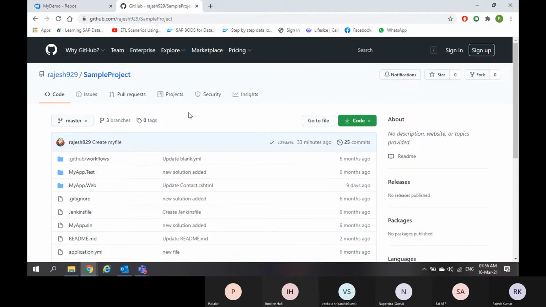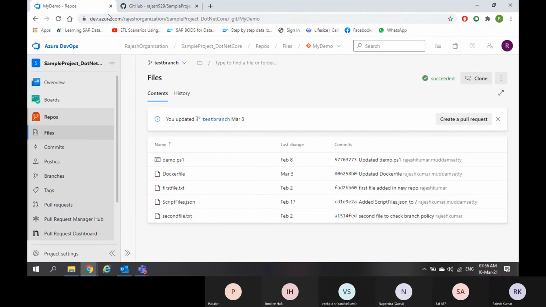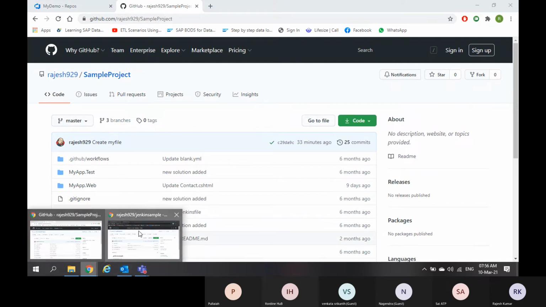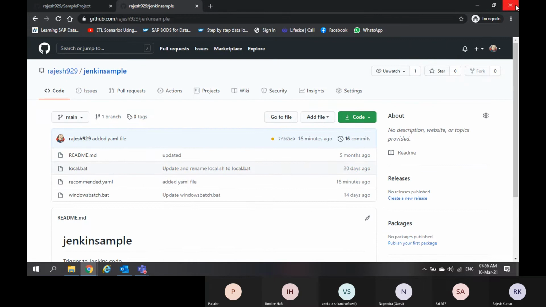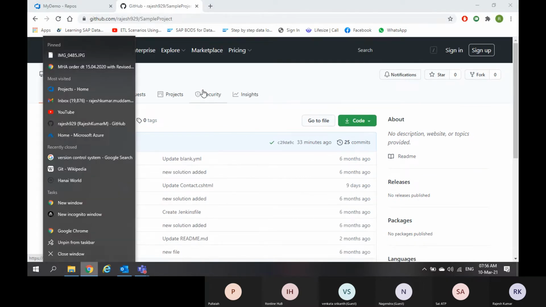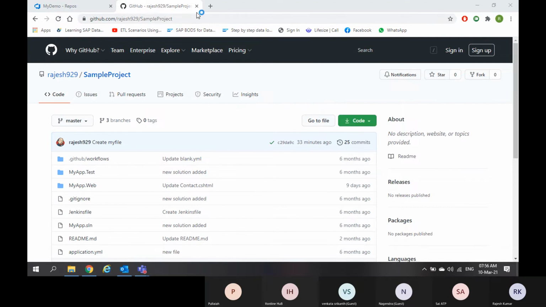Okay, so as I said, Azure Repos was completely derived. It was copied, frankly, from GitHub. GitHub is the initial source code management system that is famous even till today. If you see the other window, let me close. They think we have seen the contributors. How many users are there in GitHub?